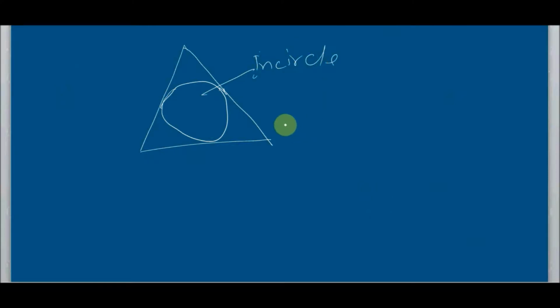The first one is, suppose this is a triangle. If a circle is drawn such that it is touching all three sides, we call this circle an incircle. Incircle means the circle is inside. To remember this, the circle is inside. The circle may be inside a quadrilateral or a parallelogram, and those will also be called incircles. In the case of a triangle, I am showing what an incircle is.